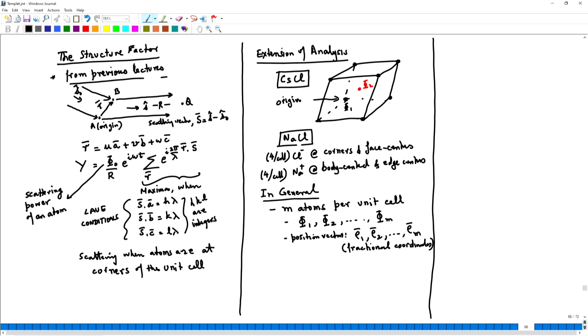Now, consider how many atoms are now present. The total number of atoms that would be present: let us say I have n1 unit cells along the A axis, n2 unit cells along the B axis, n3 unit cells along the C axis, and for each unit cell I have m atoms. So, the total number of atoms present in my finite crystal now is n1 n2 n3 multiplied by m. If m is equal to 1, then it is just the case that we have already discussed.